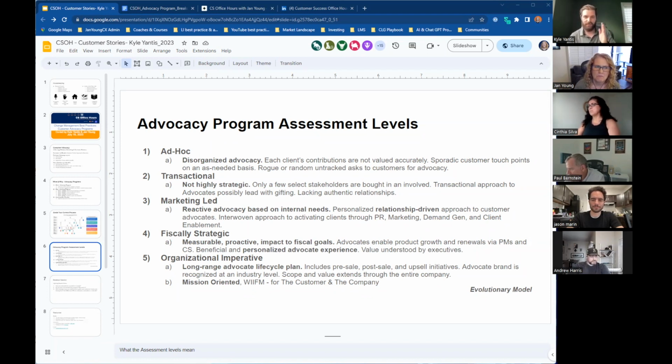You're asking yourself quarter by quarter, what have I closed? What advocates were involved in those sales? What have I renewed or upsold? What advocates were involved in that? Versus